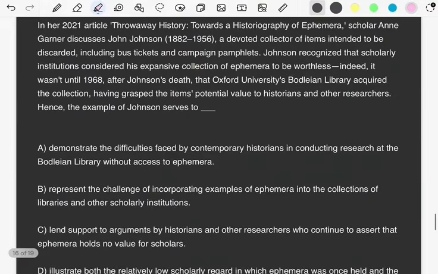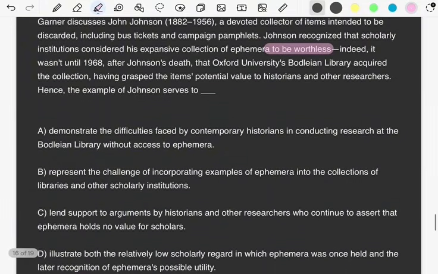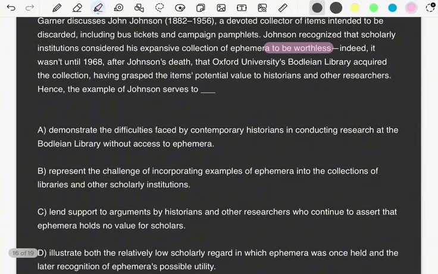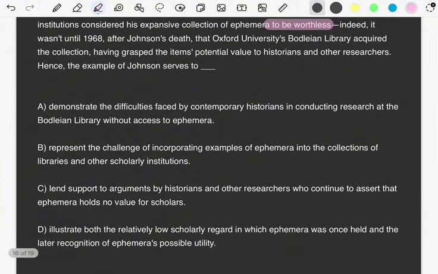Johnson recognized that scholarly institutions considered his extensive collection of ephemera to be worthless. Indeed, it wasn't until 1968, after Johnson's death, that the university's Palladian Library acquired the collection. Having grasped the items' potential value to historians and other researchers, hence the example of Johnson serves to